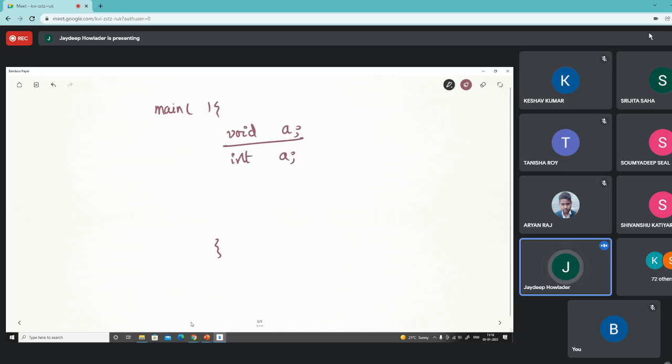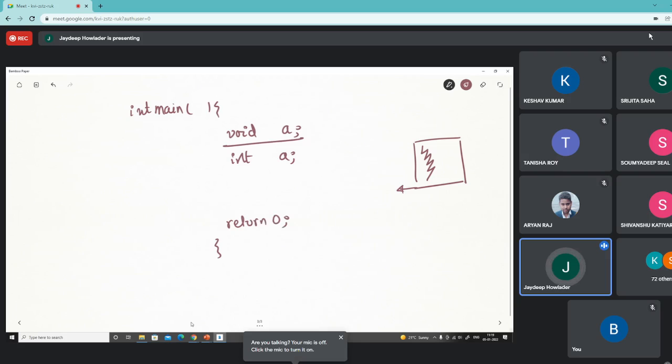So what is the use of this void? Void is basically used for what main will return. Whenever a program runs, at the end it should return something. The main also returns something. Every subroutine returns something. When it returns, I may specify that it returns an integer, such that at the end I basically write return 0. That means when the program of main is executed and terminates, it returns an integer value to the calling function or to the operating system.